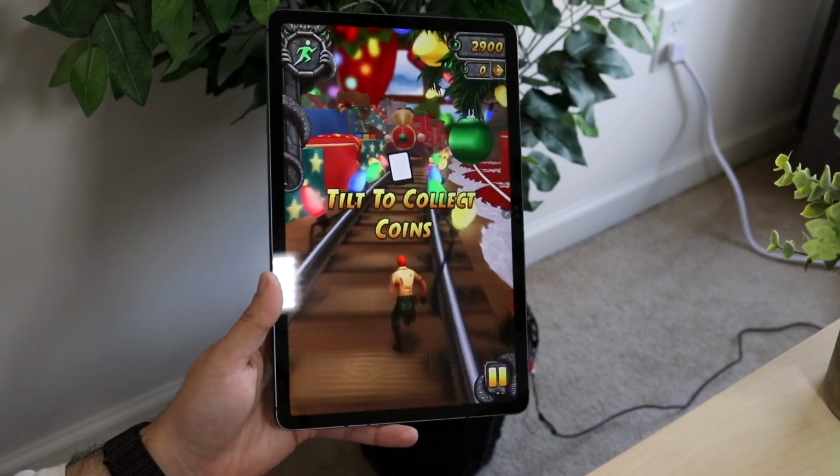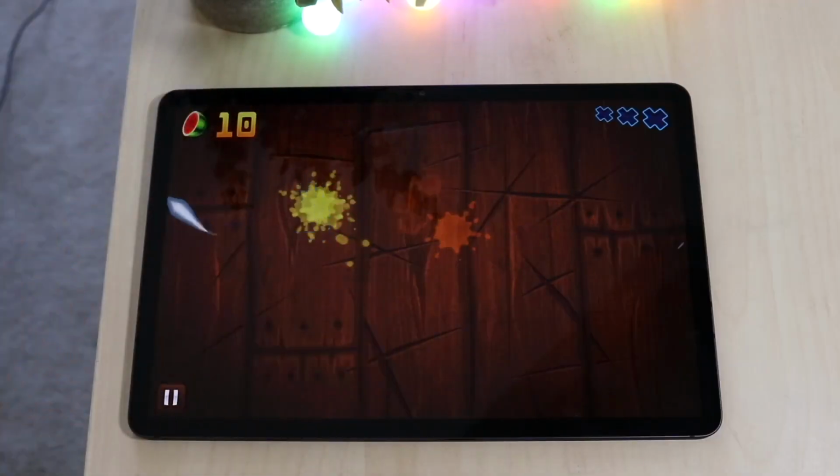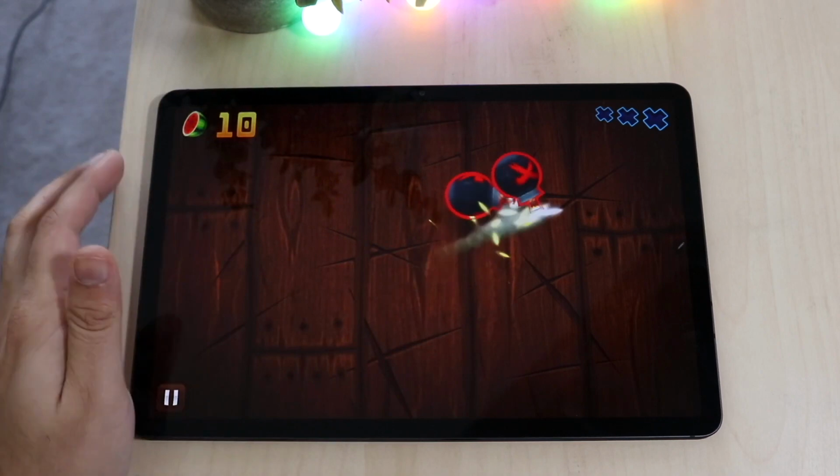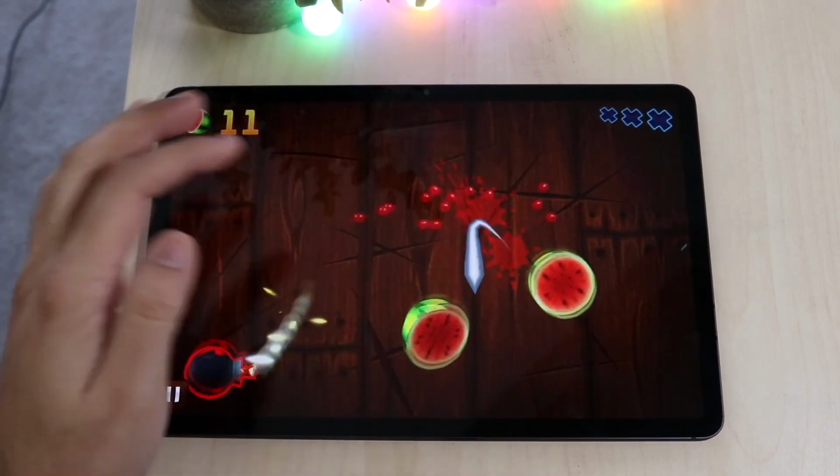Even though it's been 3 years, we've only gotten the Galaxy Tab S8, which I also think was a beautiful tablet, and I love that tablet a lot. But the Tab S7 was a very, very good tablet, and I'm a massive fan of how Samsung made